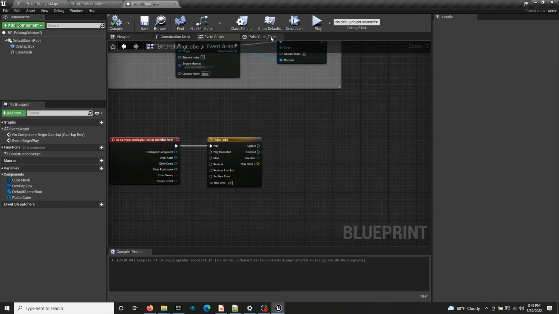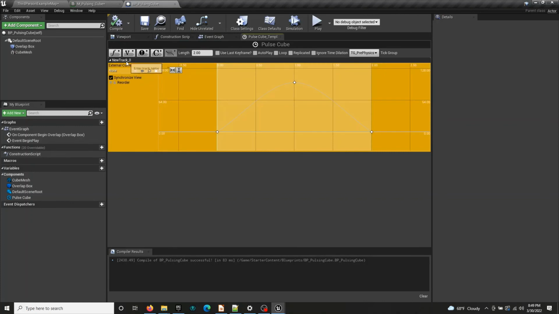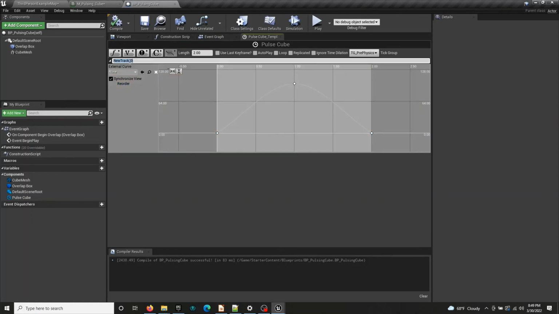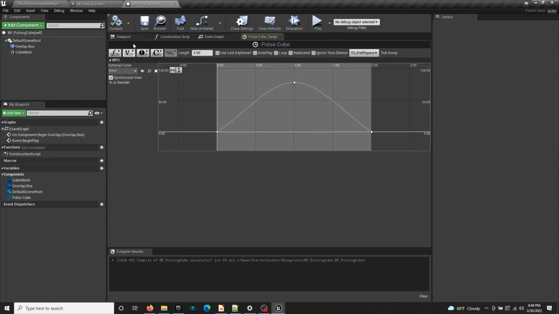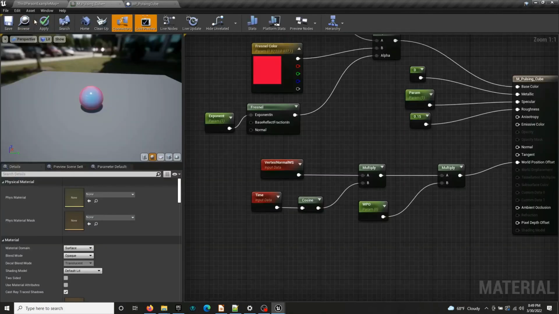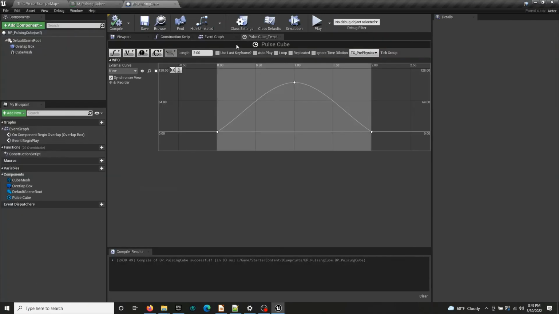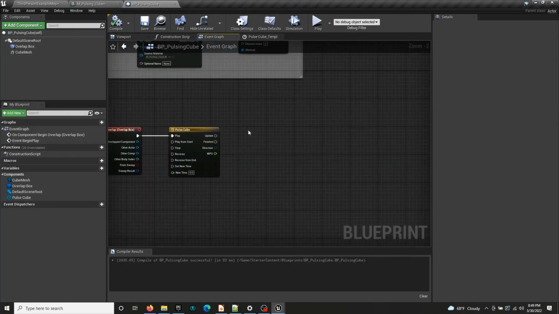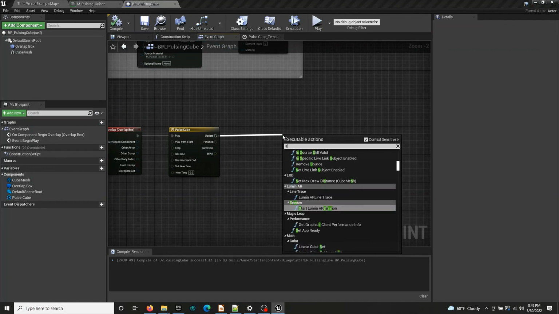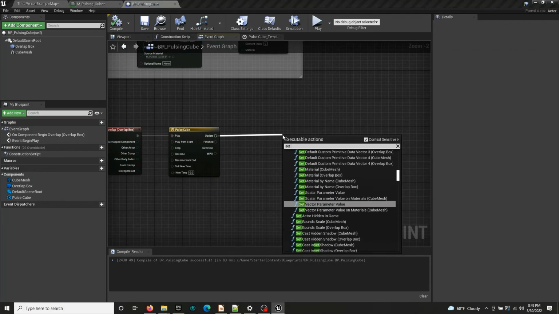Now, let's name this. This needs a name. It's external curve. It says new track 0. I know what this should be called. This is going to be called world position offset. I just acronymed it for you. Abbreviated it, sorry. So now what we need to do is we do set, and this is a scalar parameter